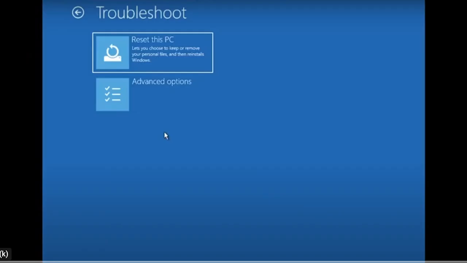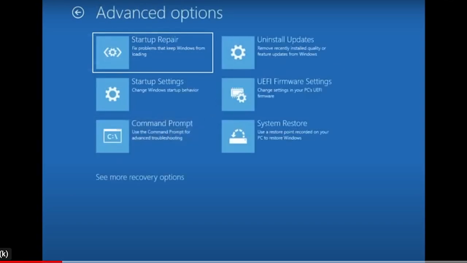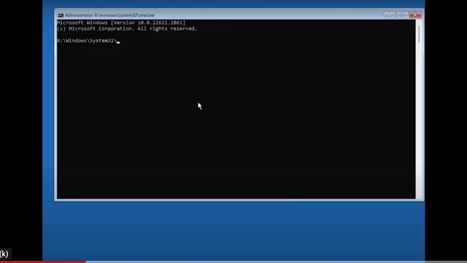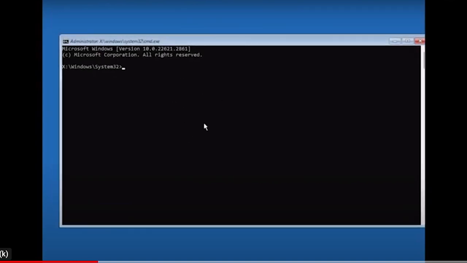So simply what you have to do is go to the advanced recovery option, and after that you just need to click on command prompt, and then you need to put this command, which is as follows: del space C:\Windows